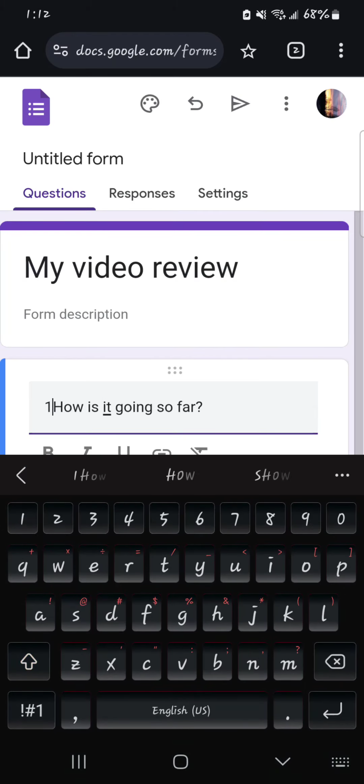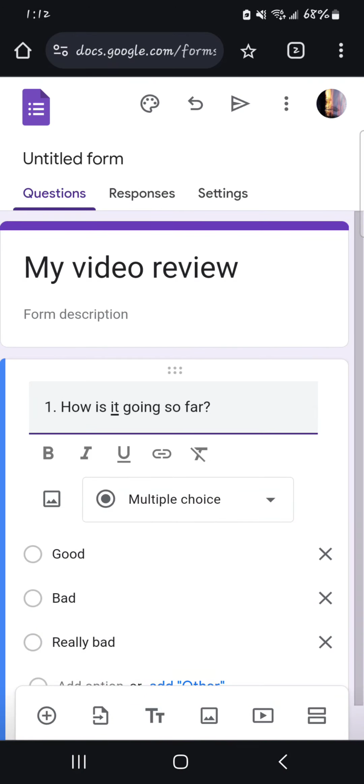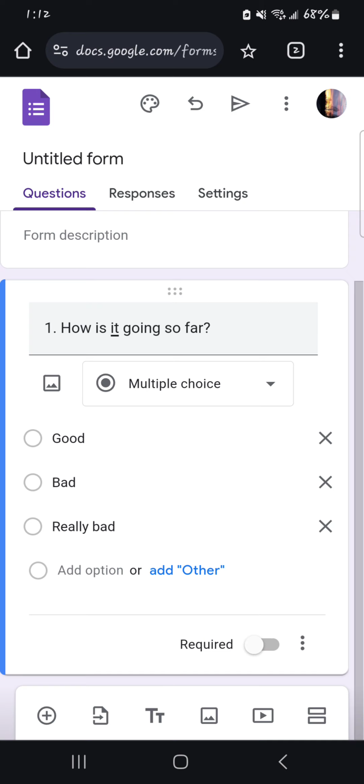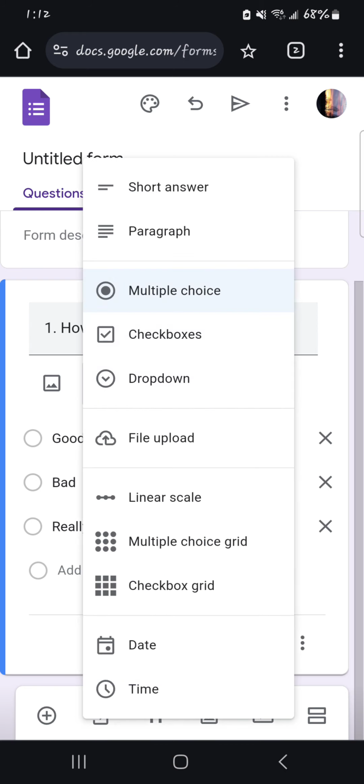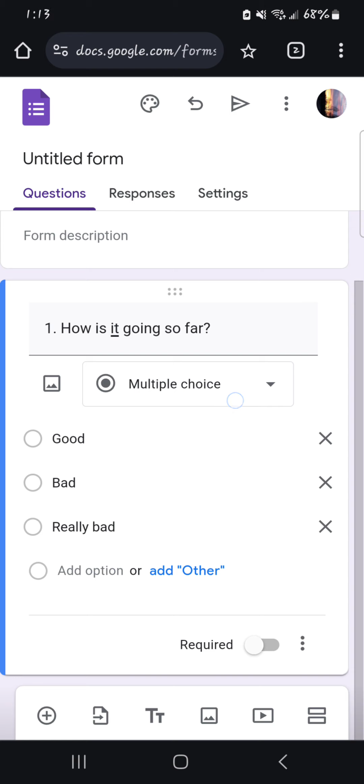Let's say question number 1, how is it going so far? And down below you have an option to choose what kind of multiple choice it's going to be. So click here. You have the option to say if it's multiple choice, check boxes or the drop down. For the sake of this tutorial, I just click on multiple choice, and I have options: good, bad, really